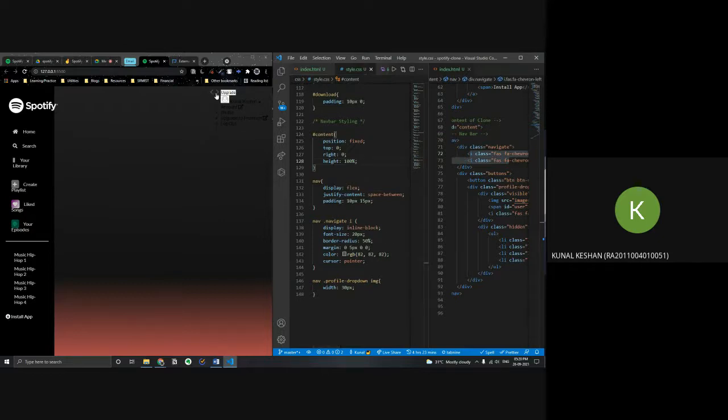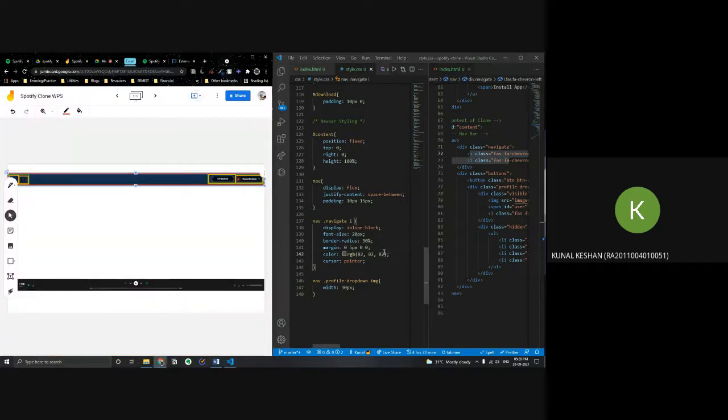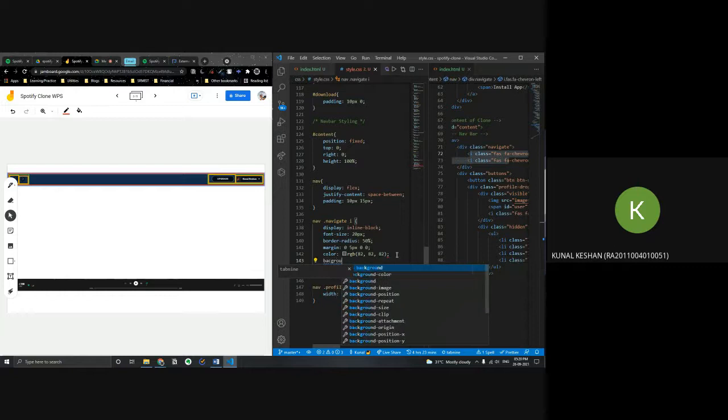Let's put a background for this button now. So color we have given. Next we'll specify a background for the button. In the website you can see it's a black kind of background. So just come over here and put background as black. You can just put hashtag 000.